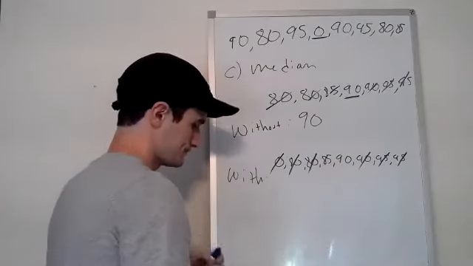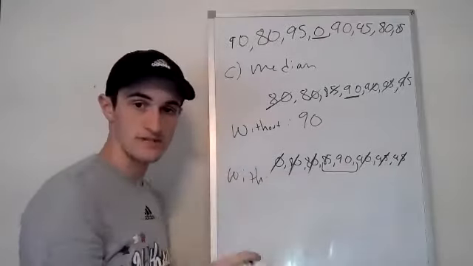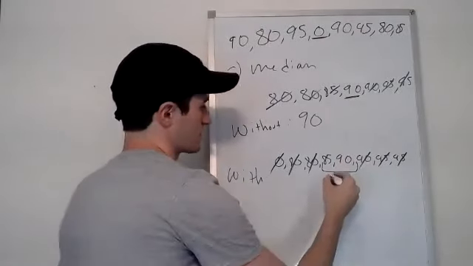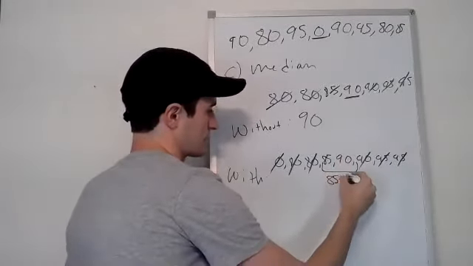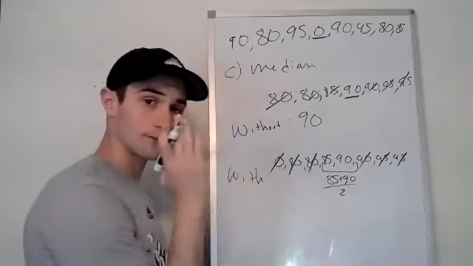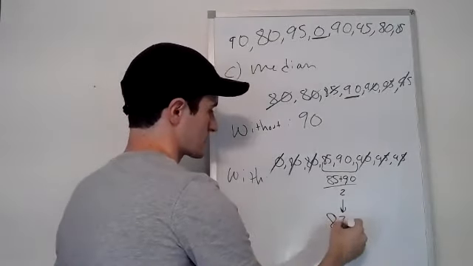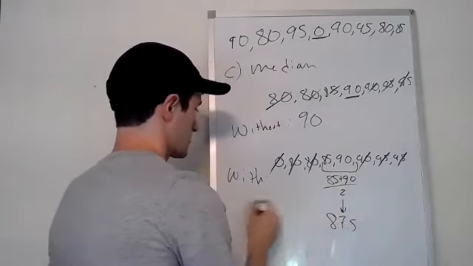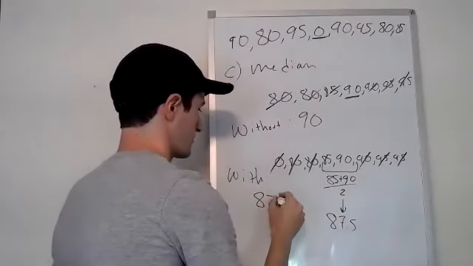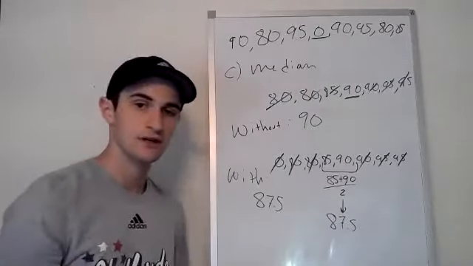Remember here, if you're left with 2, we don't take both numbers. Instead, we take the mean. So you take 85, you add it to 90, divide it by 2. Let's find that number directly in the middle there, and that leaves us with 87.5. So with is 87.5. So with the 0, even the median is lower, which is normal